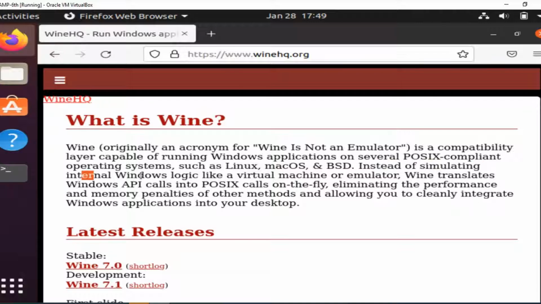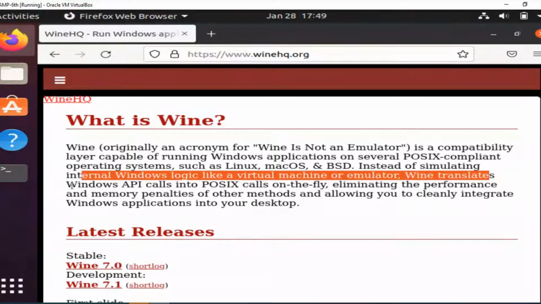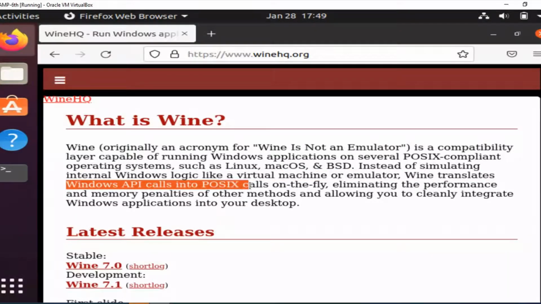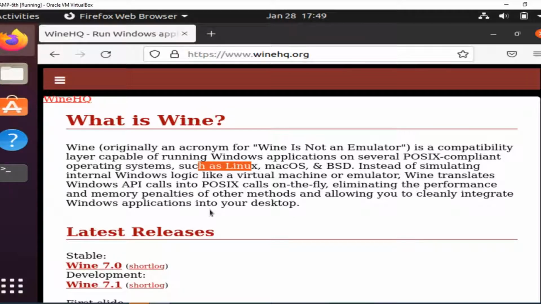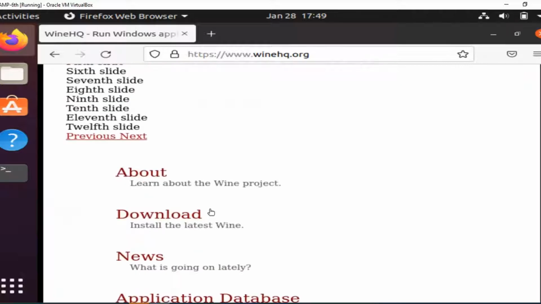Instead of simulating internal Windows logic like a virtual machine or an emulator, Wine translates API calls into POSIX calls on the fly. So you will be using Wine to make Windows-based applications compatible with the Linux environment. To do so,